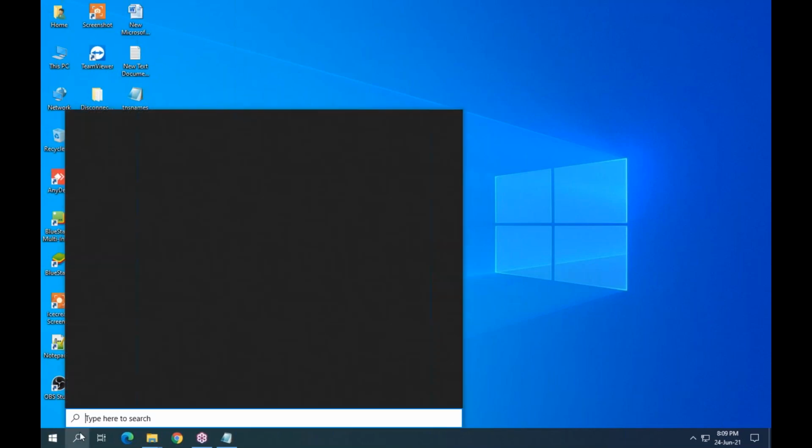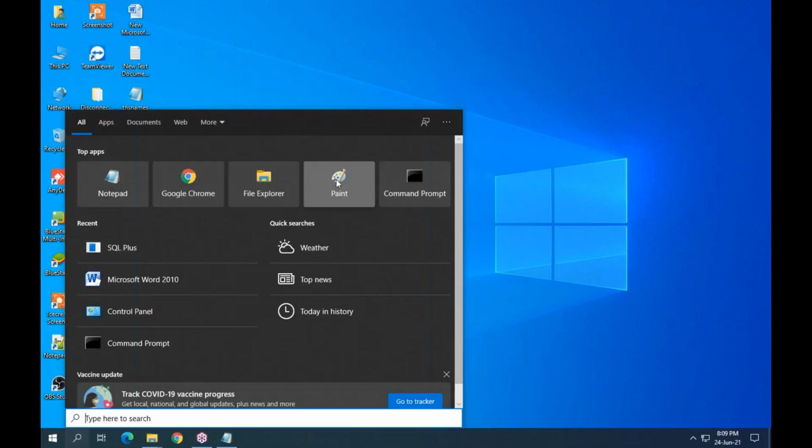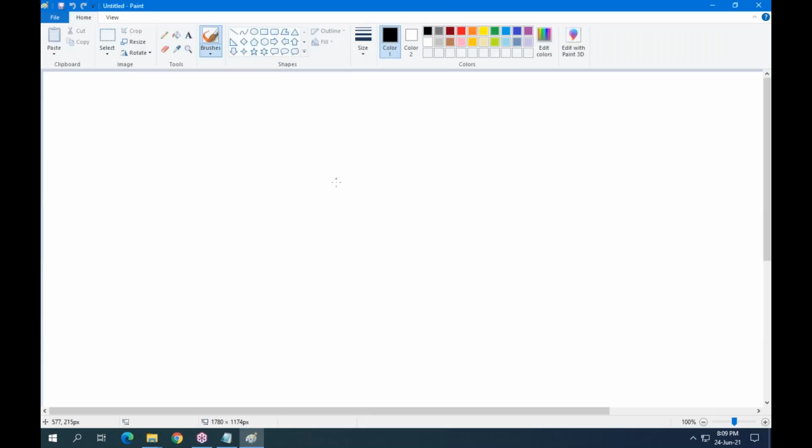Under a database server, the data is stored in the form of tables. Let us assume this is a database, and in this database the data is stored in tables. This is a table, and this is a table.